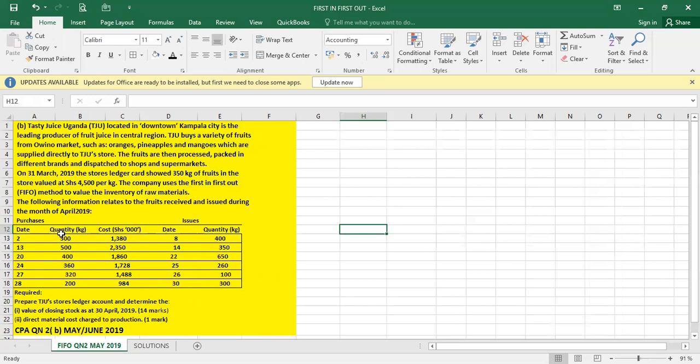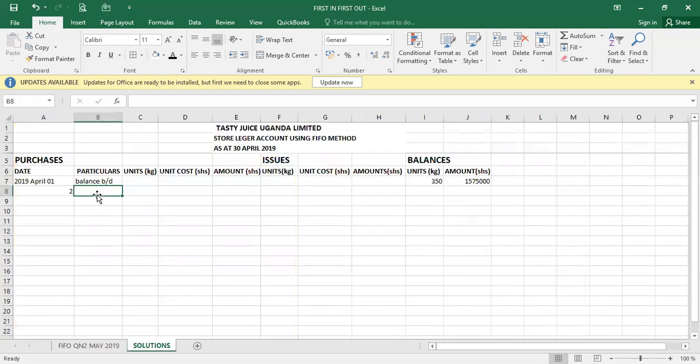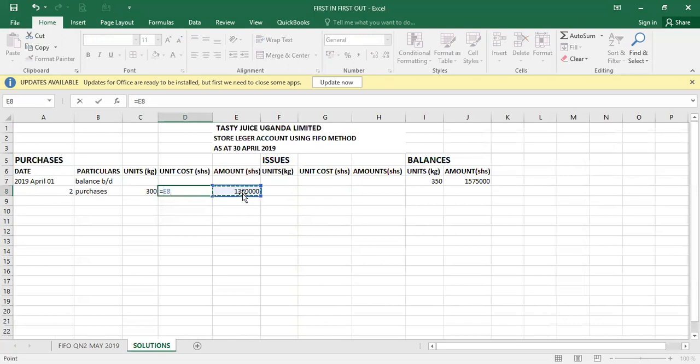They said 300 units at 1,380,000. We have purchases. Units, they are 300 kgs. That one we are not given. They gave us 1,380,000 as our total cost. So if you want to know the unit cost, you get this divided by this, meaning it was valued at